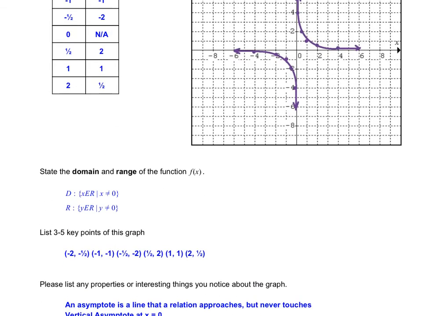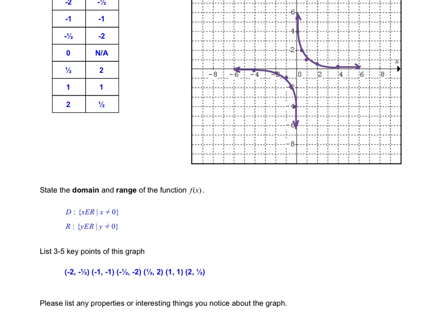And for the key points, I placed everything that was in my table of values. So I have a few more points here. When I graph it, I like to include when x is 4 and -4 as well, and also a quarter, just to get a few more points to make it a little bit more accurate. But as long as you have 3 on each side here and you get that nice curve and you follow